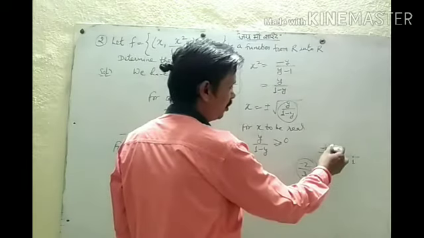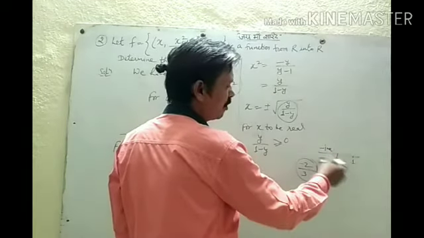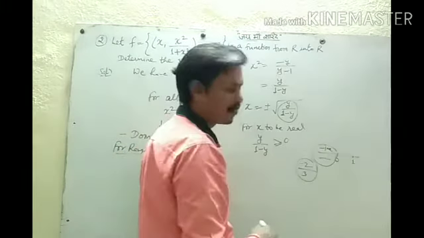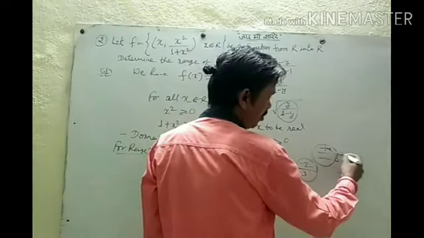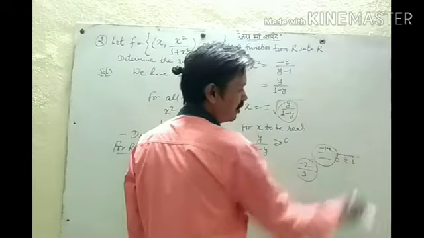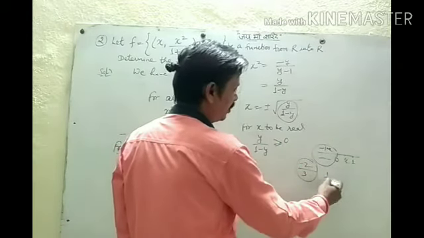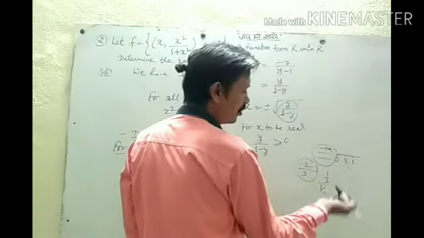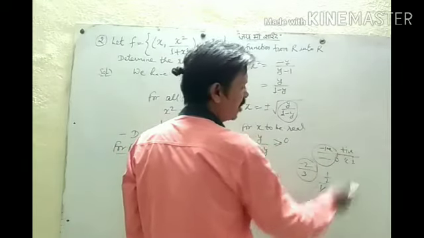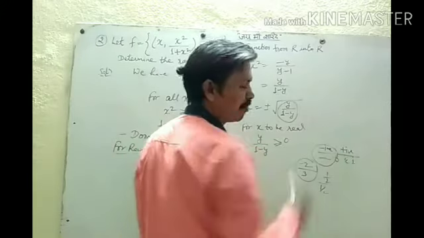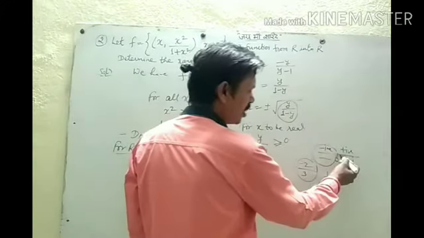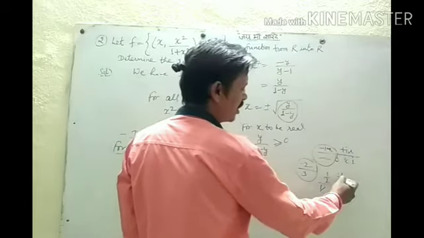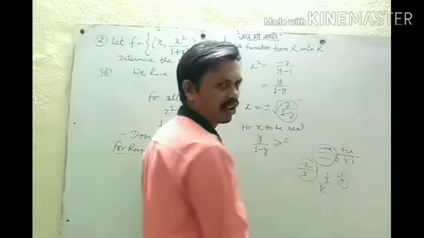So we cannot take any values of this part. Means y cannot be from this, from 0 and 1, between 0 and 1. If we take one value, suppose half, so half upon 1 minus half is half only, a positive value. So here we get positive. We can take any one value from 0 to 1. If we take 0.1, then 0.1 upon 1 minus 0.1 is 0.9, that is a positive value only.